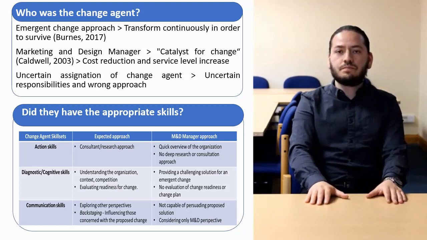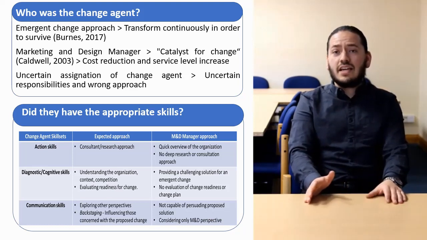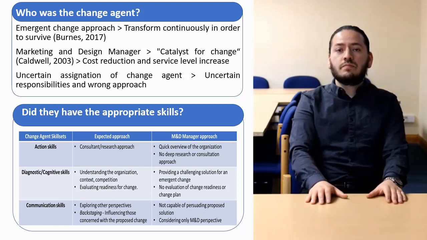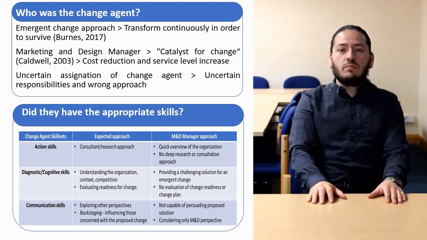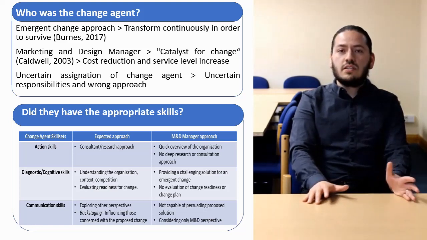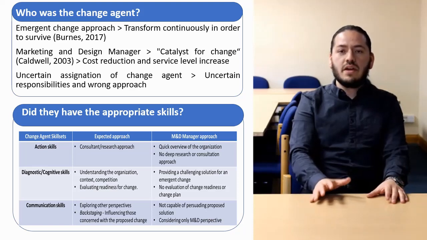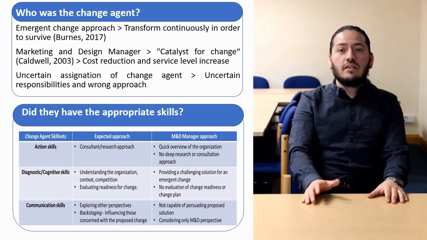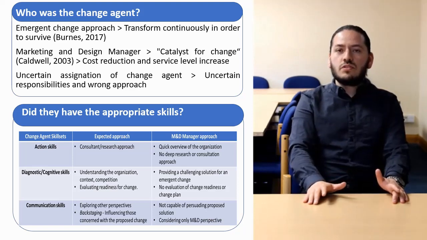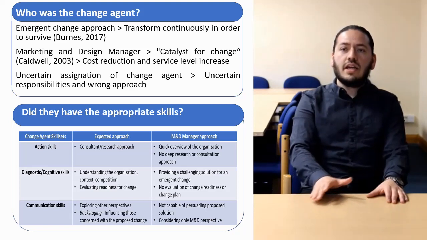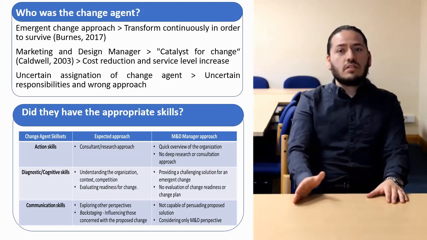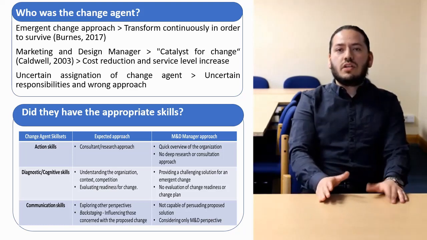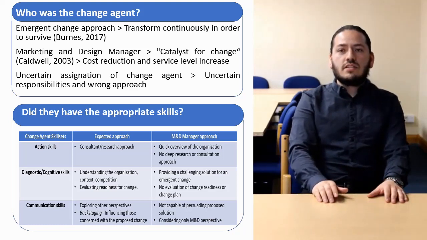Secondly, did they have the appropriate set of skills? For this question, we will briefly mention skill sets to evaluate the marketing and design manager as a change agent. According to Boddy and Buchanan, change agents should have a preferred set of skills including action skills, diagnostic skills, and cognitive and communication skills. Considering this, we can see that while the change agent evaluated several aspects of the system,